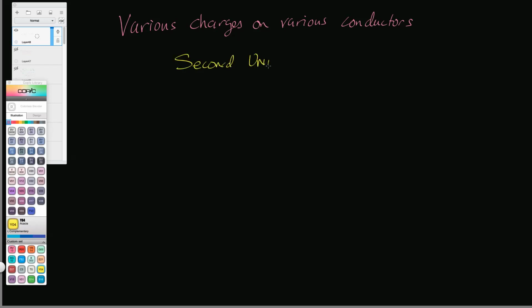All right, so if we have various charges on various conductors, okay, then we have the second uniqueness theorem. In a volume V surrounded by conductors